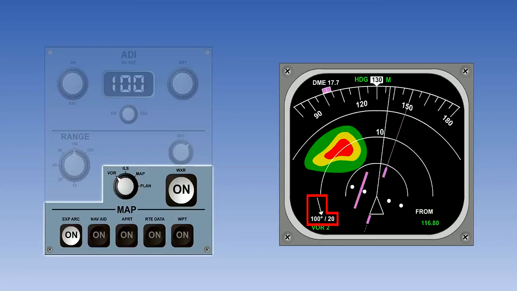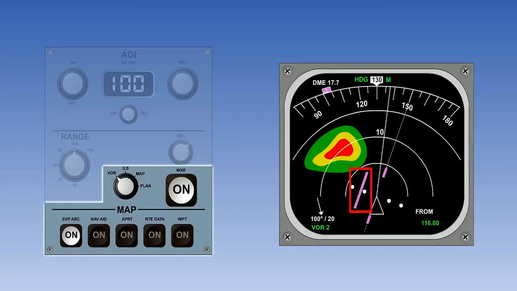Instantaneous wind speed and direction are shown in the lower left-hand corner of the EHSI screen. With the selected VOR source displayed below, the DME distance is displayed in the top left-hand corner. The current heading is shown in the window at the top of the compass rose segment, and the heading reference selected is magnetic north. The selected track is displayed by the magenta course indicator, which we can see is set to a track of 150 degrees.